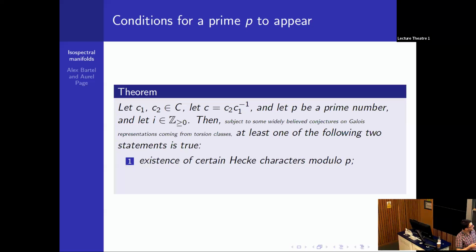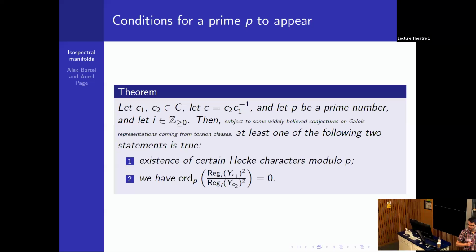We have a theorem like this, prime by prime. Either there exist certain Hecke characters modulo p, certain mod p valued Hecke characters, or there is no p in the regulator quotient. But this is conditional on some widely believed conjectures about Galois representations attached to torsion classes of these manifolds. Not just that you can attach Galois representations to them, but that they have certain nice Galois theoretic